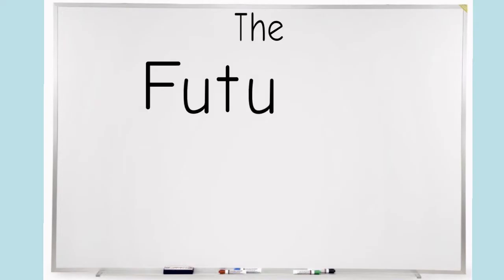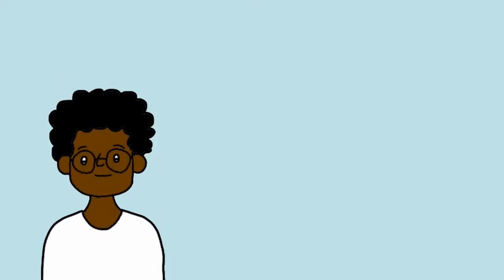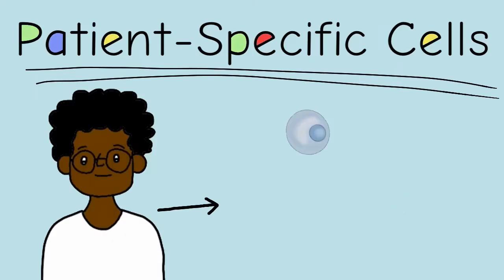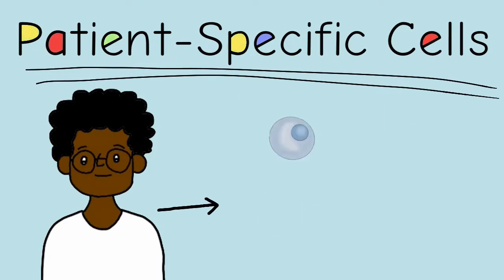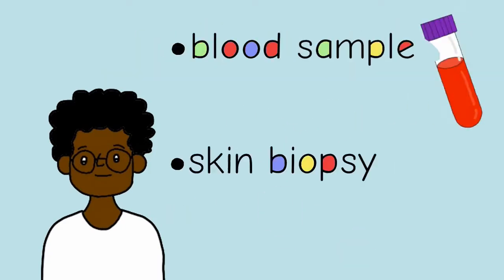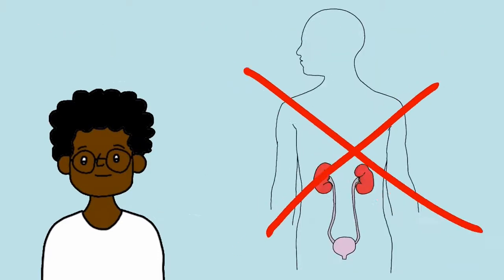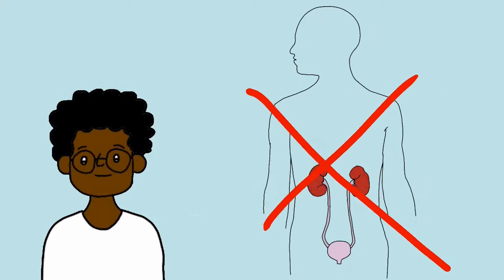What does this mean for the future of regenerative medicine? Patients could potentially have some of their own cells removed and directly changed into the cell type that they need. These cells could be easily obtained through something as simple as a blood sample or skin biopsy. Since these cells come from the patient, it could eliminate the possibility of immune system rejection as seen with organ